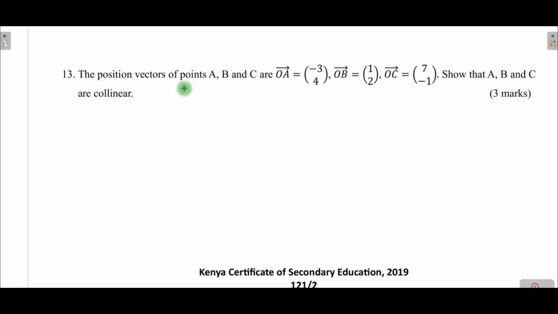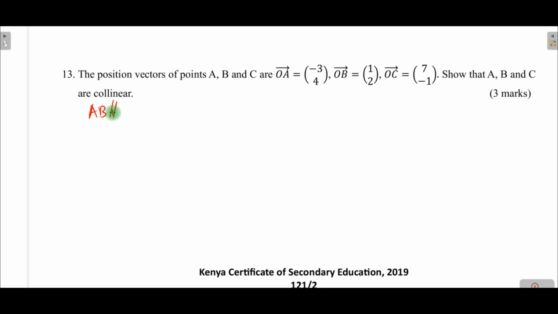The position vectors of points A, B, and C are: vector OA is (-3, 4), vector OB is (1, 2), vector OC is (7, -1). Show that A, B, and C are collinear. So for us to show that they are collinear, we need to show that either